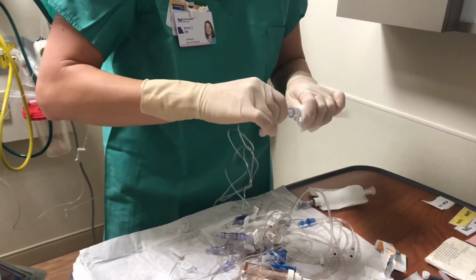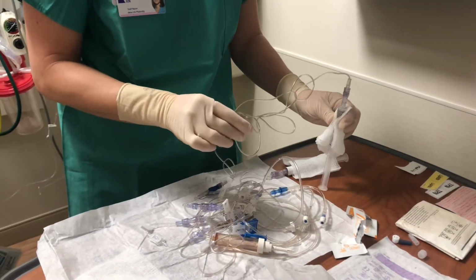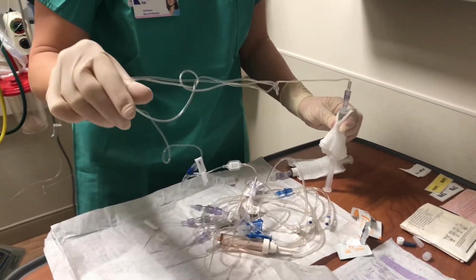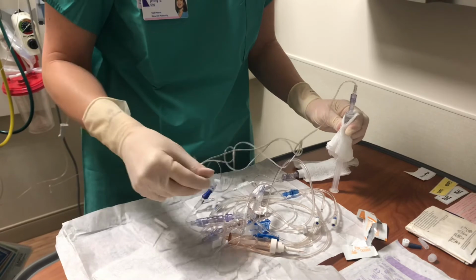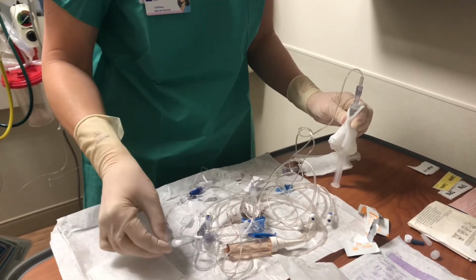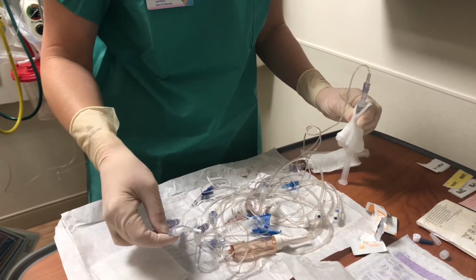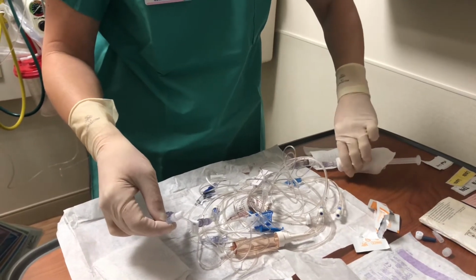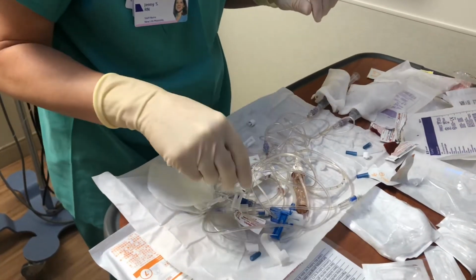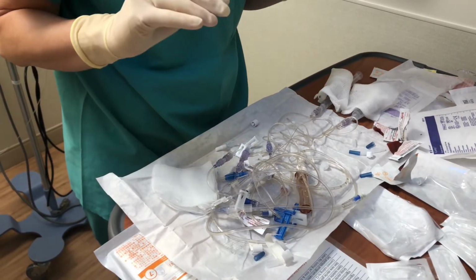There we go. Again, using the table to flush the tubing with the saline all the way to the end of my bifuse connector. And once I have that flushed, then I can gently lay my syringe back on the table. Okay, so now our next step is we're going to put the tubing aside,